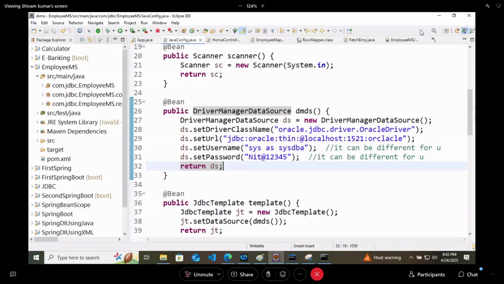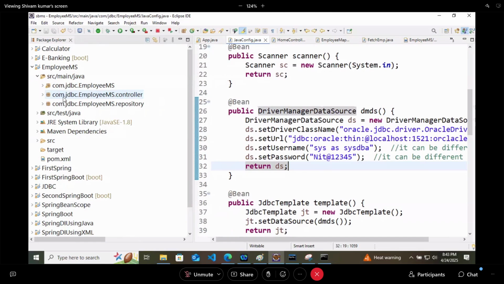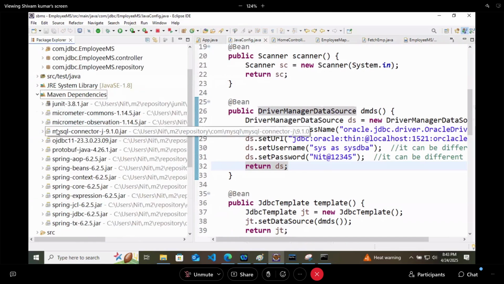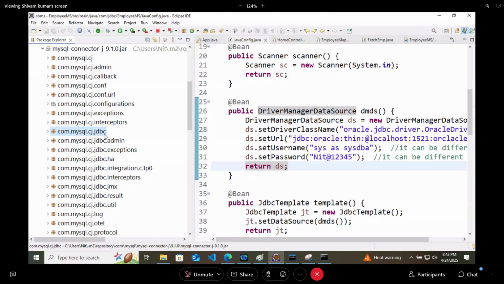How to get the driver class name of MySQL? Now I am just wondering how many times I have to teach this. Anyways, if you are asking, whenever you are adding the jar file, that is MySQL connector J, open this. Here you are getting this particular section of JDBC, that is com.mysql.cj.jdbc.